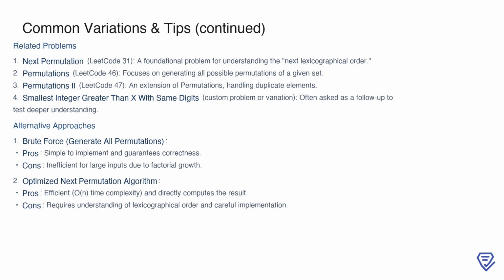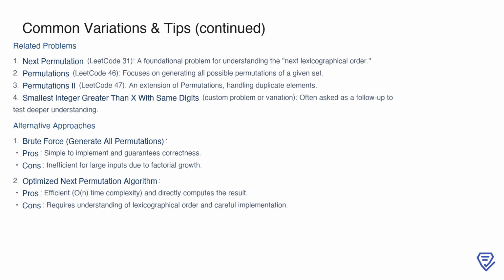Now, let's compare some alternative approaches. The brute force method, which generates all permutations, is simple to implement and guarantees correctness. However, it quickly becomes inefficient for large inputs since the number of permutations grows factorially. On the other hand, the optimized next permutation algorithm is much more efficient, running in O(n) time, and directly computes the desired result. The trade-off is that it requires a solid understanding of lexicographical order and careful attention to detail